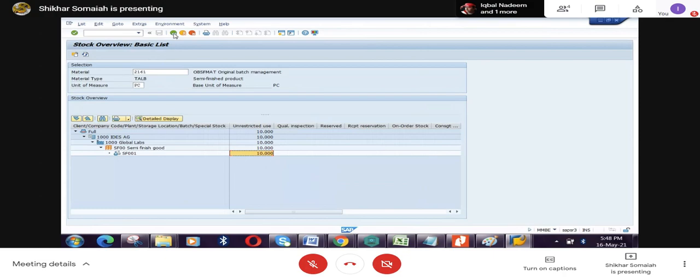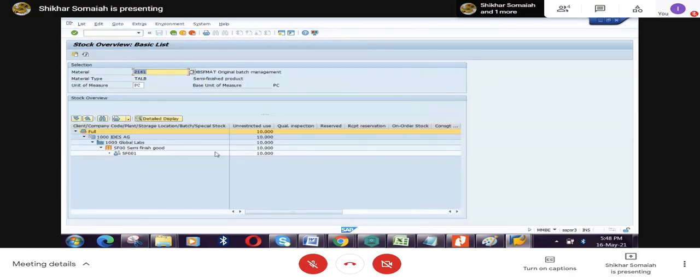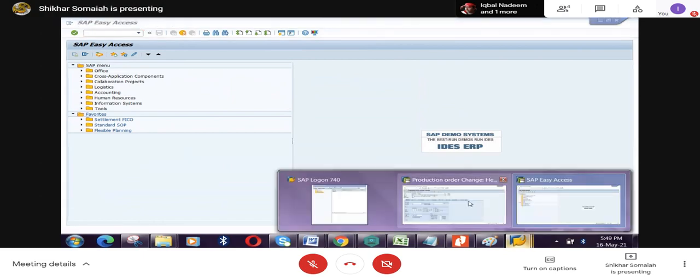So batch is different actually. Batch is applicable for all the modules, starting from PP, QM, MM, SD. So from the creation till the delivery. Now you deliver this 10 quantity of this batch to the customer, correct? So the same batch only flows till delivery. So now what I'm thinking to tell you is the difference between this original batch